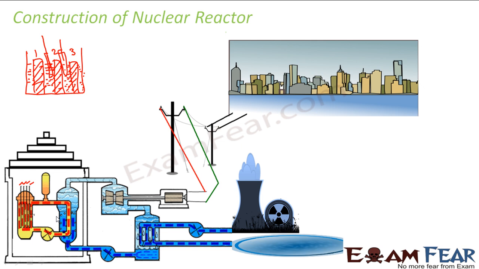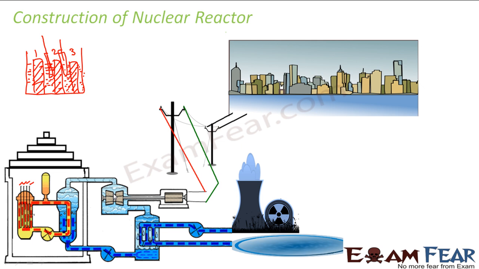Right? So when hot water passes through it, it produces steam in the steam generators, and this steam is used to run the turbines, which in turn produce electricity. So here you have your turbine, which in turn will produce the electricity. You remember the electric generators, right? In electric generators, what happens? The movement of the turbines, that is the mechanical energy, gradually gets converted into the electrical energy. So here, how do we move the turbine? The turbine is moved by the steam.